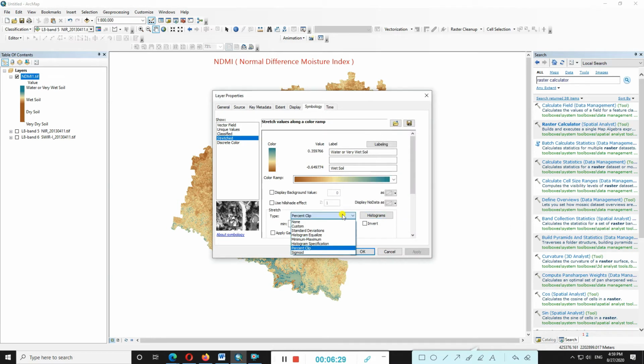We can also try a number of stretching types of algorithms: standard deviations, histogram equalize, minimum and maximum, histogram specification, percent clip, and sigmoid. As per your requirement you can use them. So you get the result.